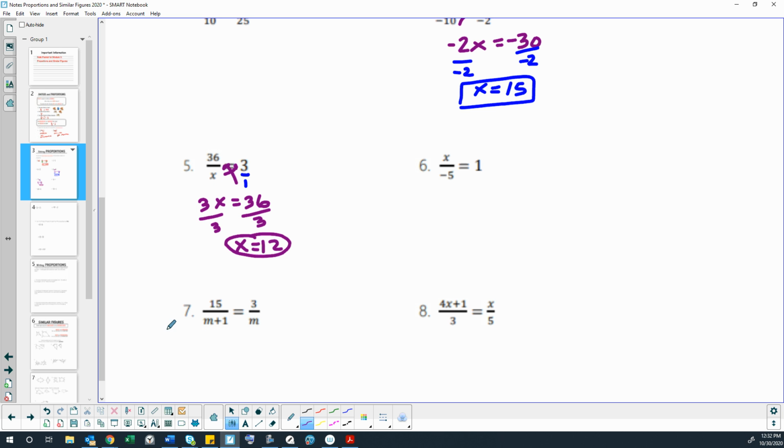You can see down here that the problems can get even more complicated with more variables and more numbers. We'll go through those as a separate video here in just a